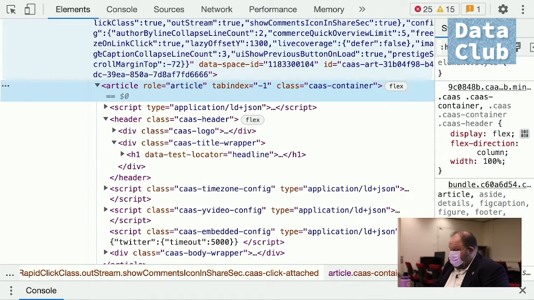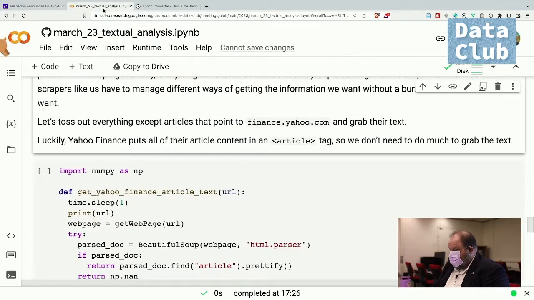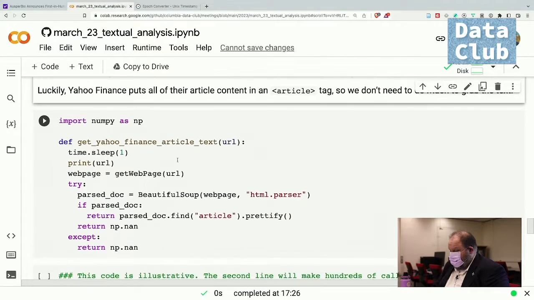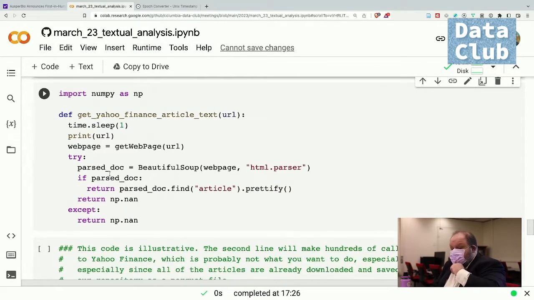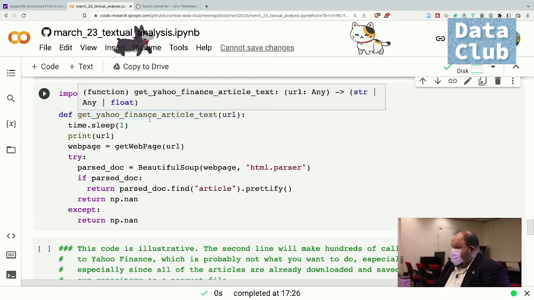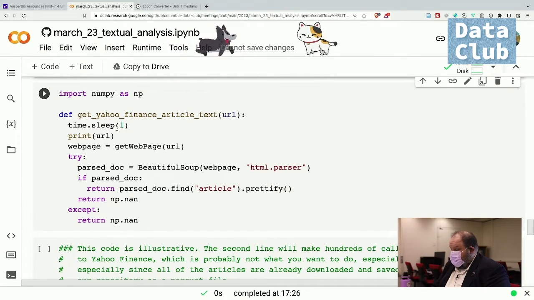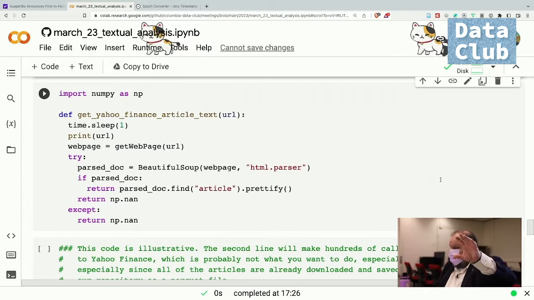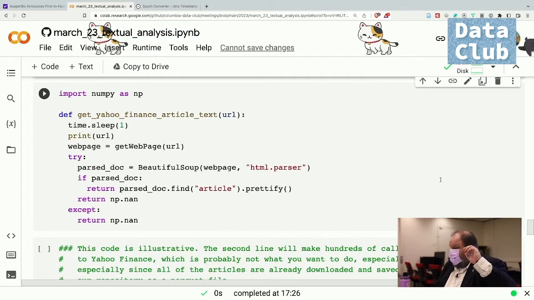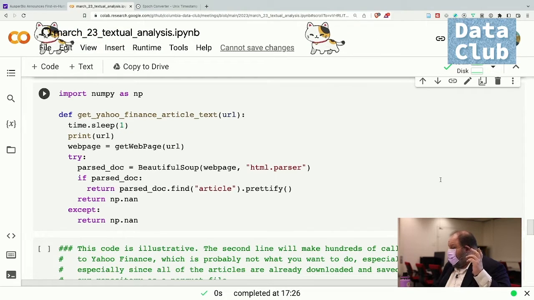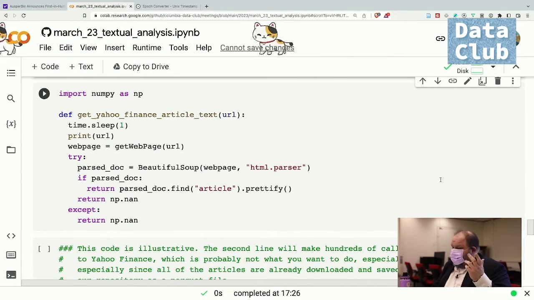So what we're going to do is, well, we're not actually going to do it because I already did it and it takes 5 or 10 minutes, is run this function. This function is somewhat similar to what we had, just expanding on what we've done already. Here, it sleeps for a second, it prints the URL, it grabs the web page from the URL that's passed to it, and then it does a try and except. I had to add this because this is part of why scraping is such a pain: when it crashes,